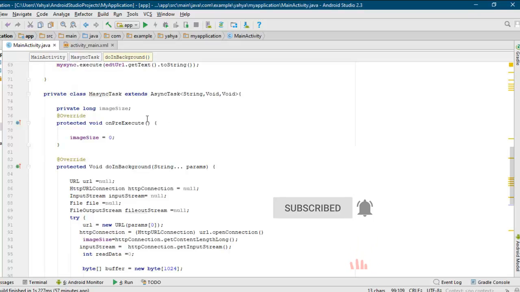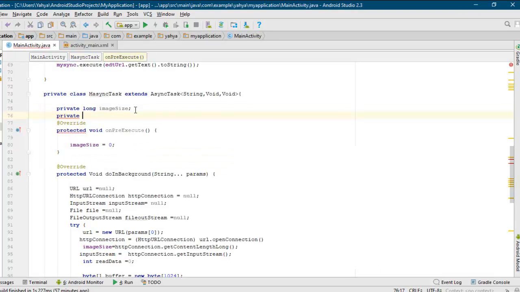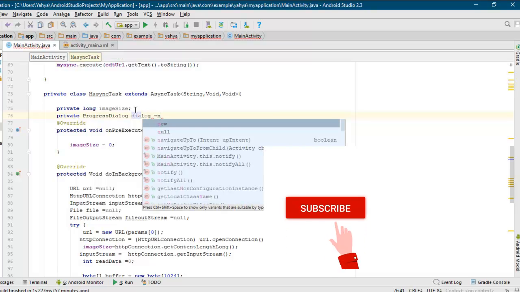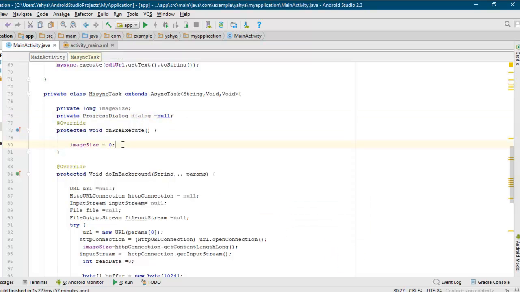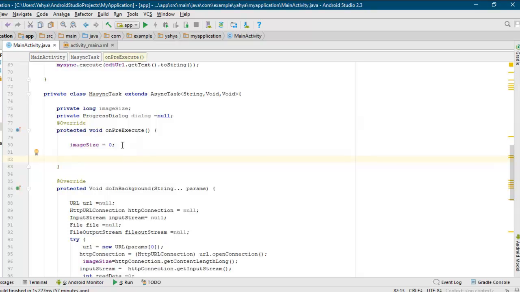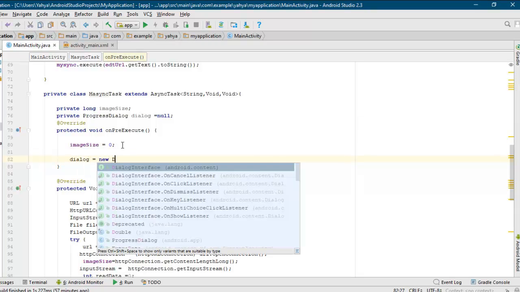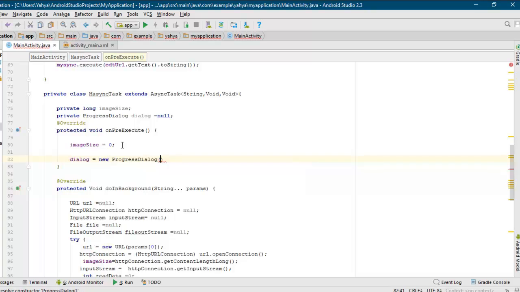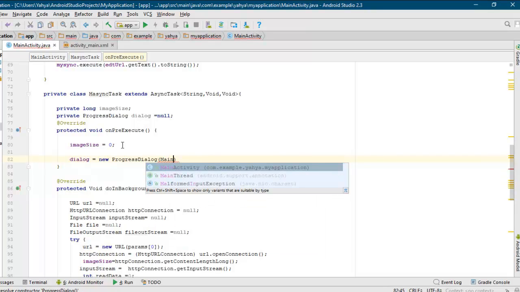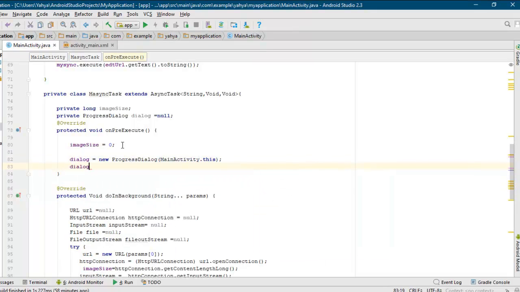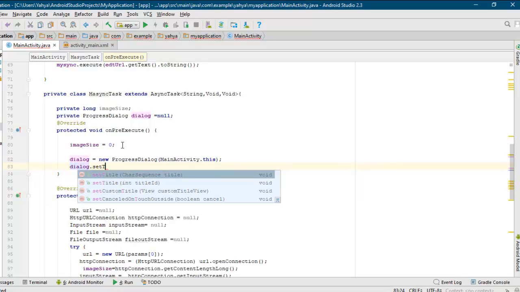In here I will create a progress dialog object, and I call it dialog equals null, and then initialize it inside the onPreExecute. Dialog equals new ProgressDialog, and it requires context, so I say MainActivity.this. I have to set the title for this dialog,